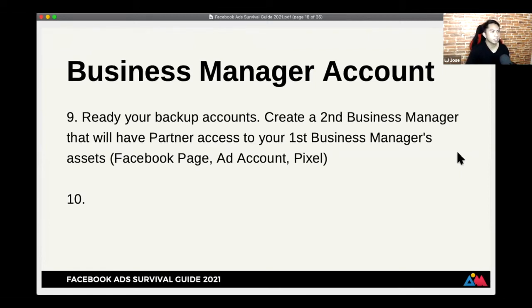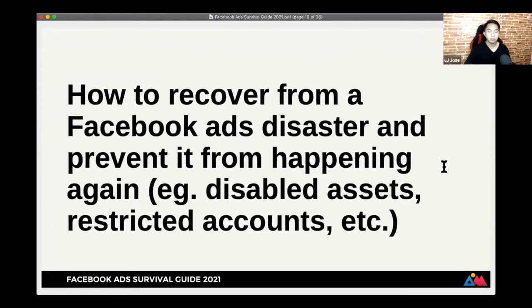Anyone who has experienced any errors recently of their assets? Madalas ang mga errors na nakikita ko ngayon sa mga different Facebook groups and from students as well. Okay, wala naman ba? Okay, that's good for a lot of you guys who are already doing this. And for those who are not yet doing this, then pay attention because you may be receiving these types of errors in the future. All right?